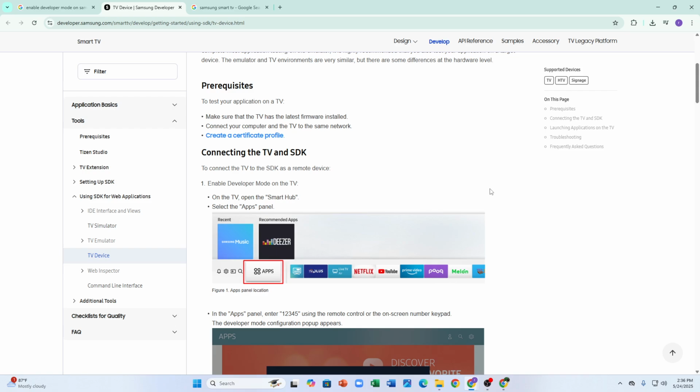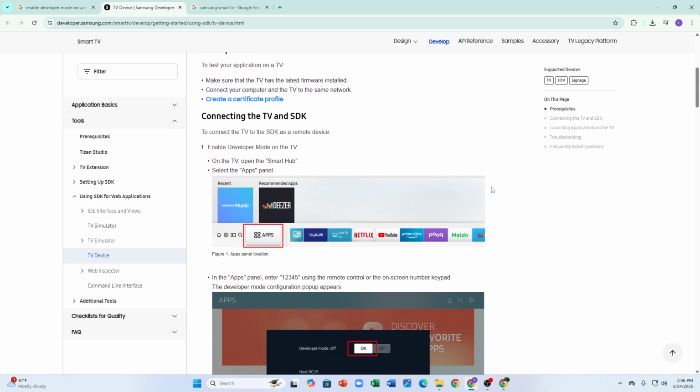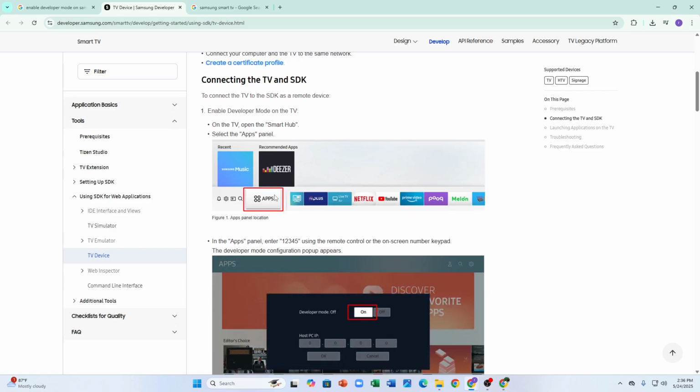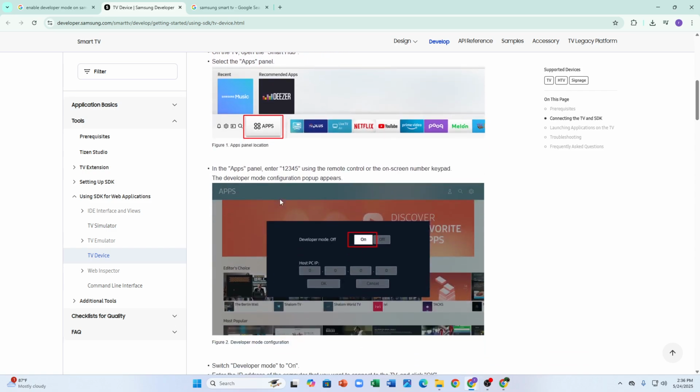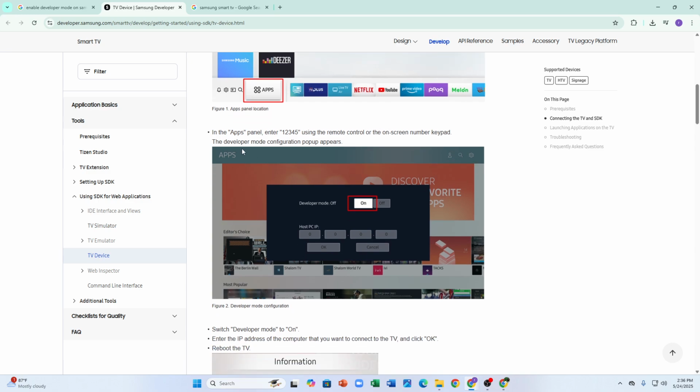So on the TV, open the Smart Hub and select the apps panel. As you are seeing, after clicking on the apps panel, enter 12345 using the remote control on the screen number keypad. The developer mode configuration pop-up appears, so you just have to turn it on from the off